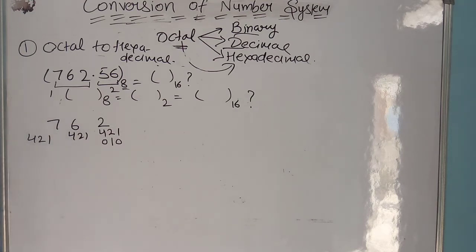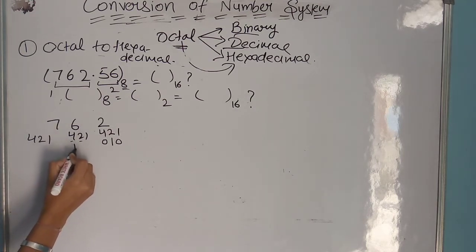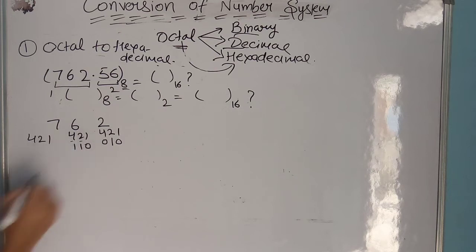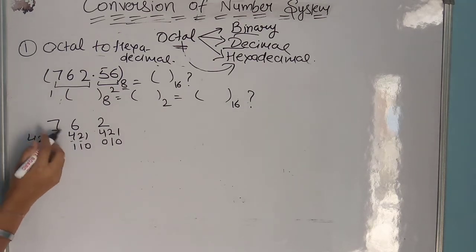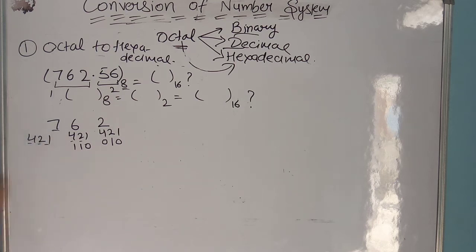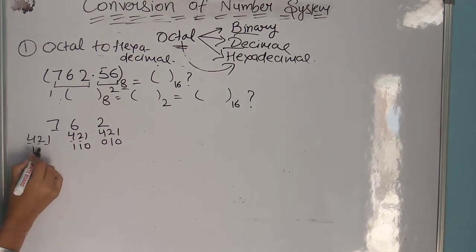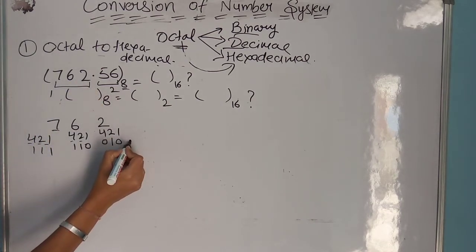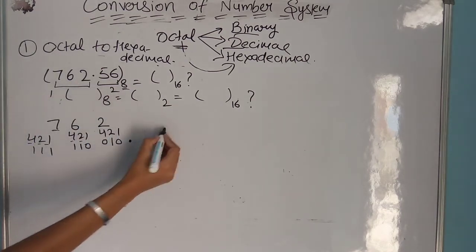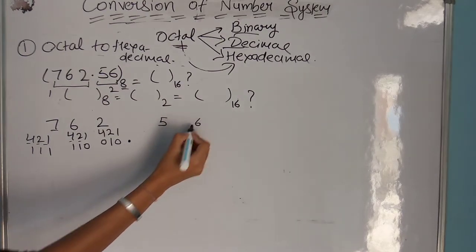Now we add these two bits, 1 and 1, and this bit is 0. Then we make the combination for 7. 7 is the combination of all these numbers, so now we turn on all these bits. Now this part contains the decimal point. And the next part is 5 and 6.